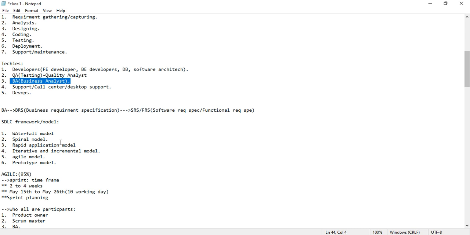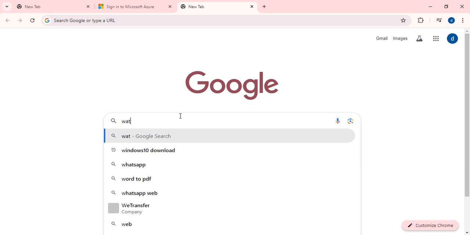Until the first step has been completed, the person who is doing the second step will need to wait for the first step to be completed. Here there is a lag. So that's why the waterfall model has failed. Suppose you want to see the waterfall